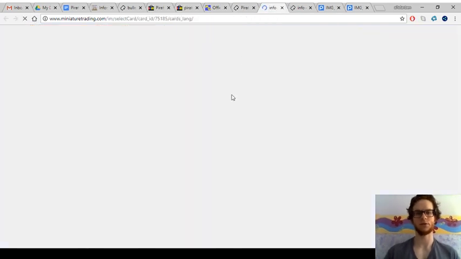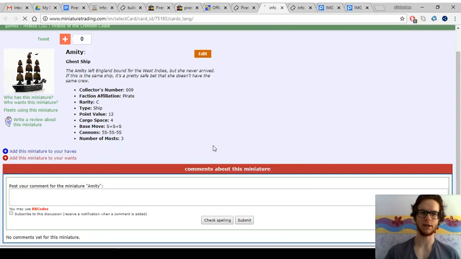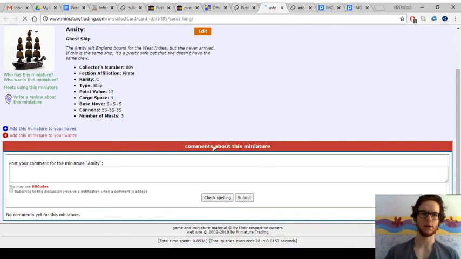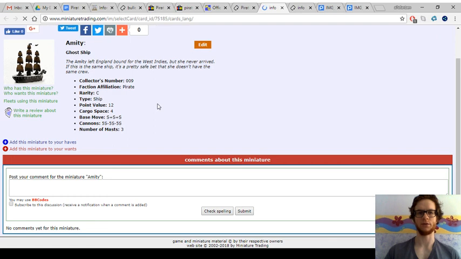Yeah, I mean, Crimson Coast is a great set, a lot of great pirate ships from that set. So even staying within the set, you can see good ship combos. The Amity has Ghost Ship, 4 cargo, SSS speed. So you could go in, not ghostly, of course, because you had to dock at the opponent's home island. But then as soon as you got into trouble, you could use Ghost Ship to ghost through their home island to get out a different way than you came in, or you could just go back the same way, and